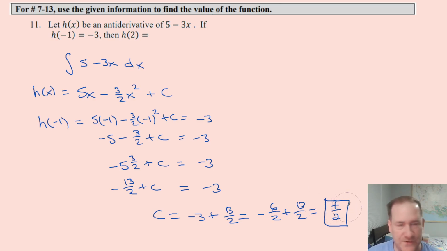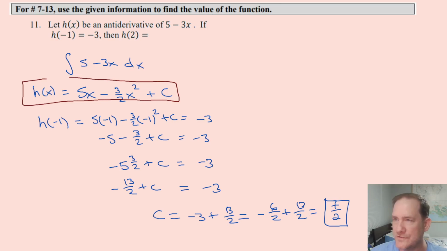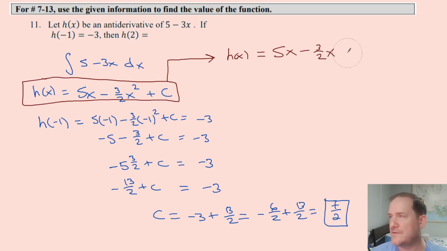But 7 halves is C. That means we can now take this general solution and make it our specific solution. So we now know that h of x is 5x minus 3 halves x squared. And then instead of plus c, we can say plus 7 halves. And that means if we want to find h of 2, then we just plug in 2. And we get 5 times 2